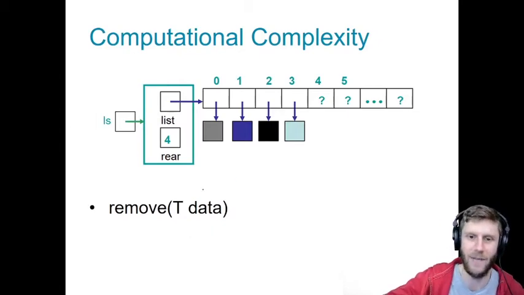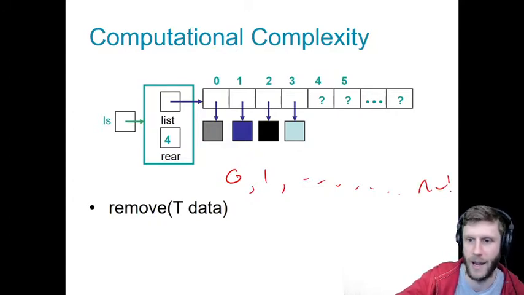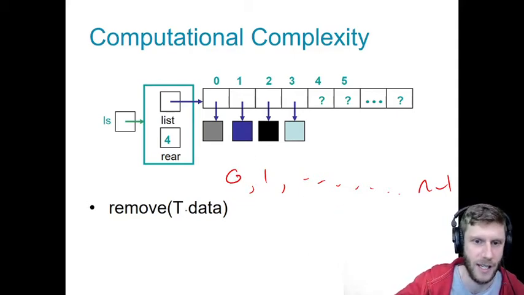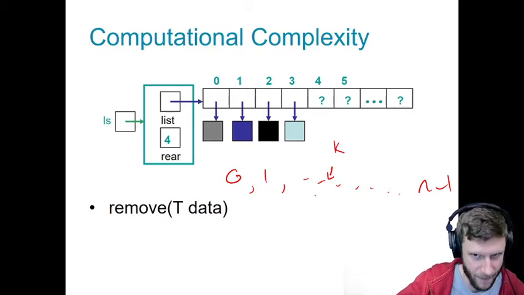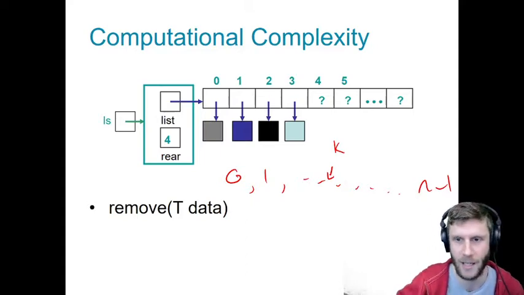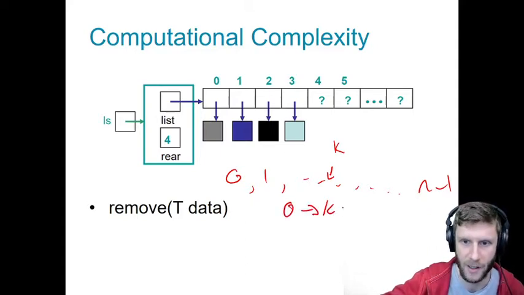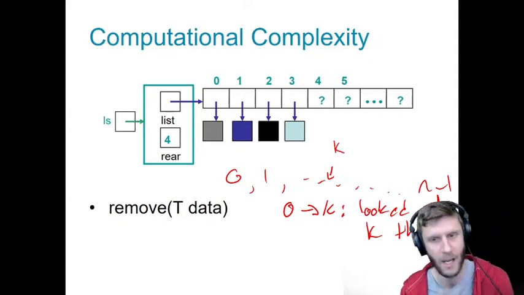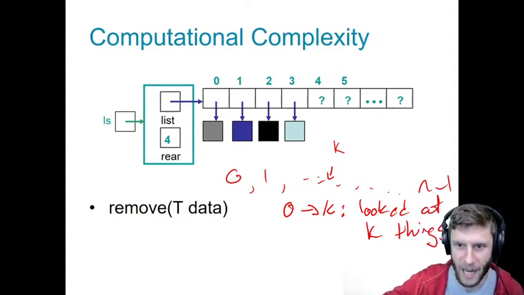Because let's say I've got a bunch of things. 0, 1, to n minus 1 because we started counting at 0. These are indices. If I find it, let's say I find the thing at location t, at some arbitrary index k. Okay, I found it at index k. I had to do a linear search. And how many things did I look at? Well, I had to go from 0 to k, right? So I looked at k things, right? But then now I'm going to have this gap at location k.